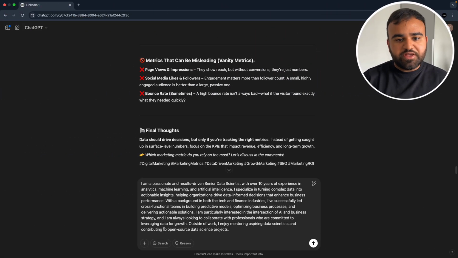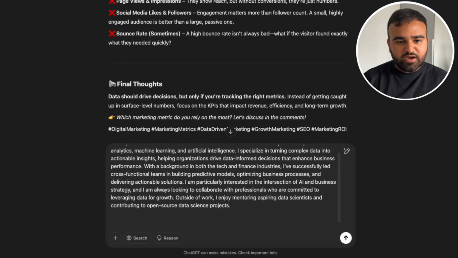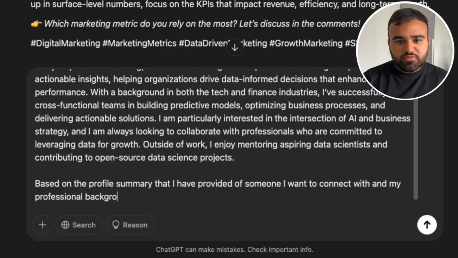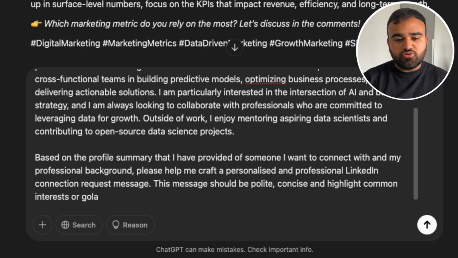I'm simply going to paste this example profile summary of someone that I want to connect with, then I'm going to type, based on the profile summary of someone I want to connect with and my professional background, please help me craft a personalised and professional LinkedIn connection request message. The message should be polite, concise and highlight common interests or goals that will encourage the recipient to accept the